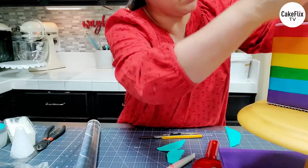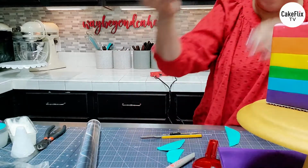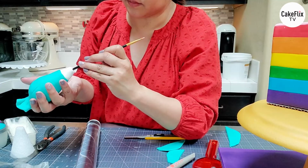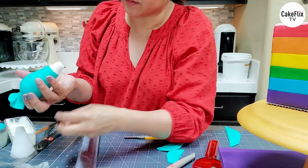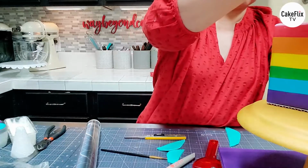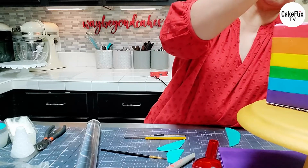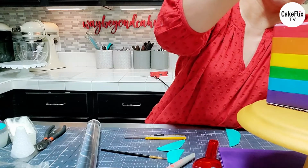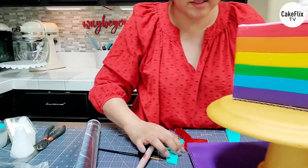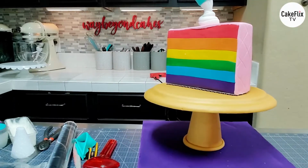I'm gonna try to find the hole again, and let me see, where is it? Somewhere here, guys, come on. There you go. So that's the hole. Can you find that hole? Okay. So once we find that right position for the piping bag, we've got to be really careful for the next step. Yeah. So once we find that hole,